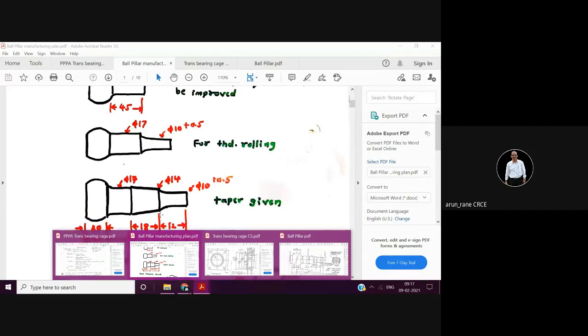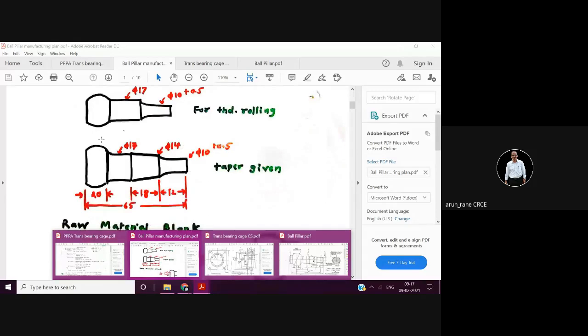So finally, if the quantity is very high, like suppose we have 1 lakh pieces, then you can go for this. 1 lakh pieces means, suppose you take 1,20,000 pieces, then it comes around 10,000 pieces per month. A batch of 10,000 pieces, which is quite good. And it will be repetitive for next year also. Then definitely you can go for a forging die of this shape.